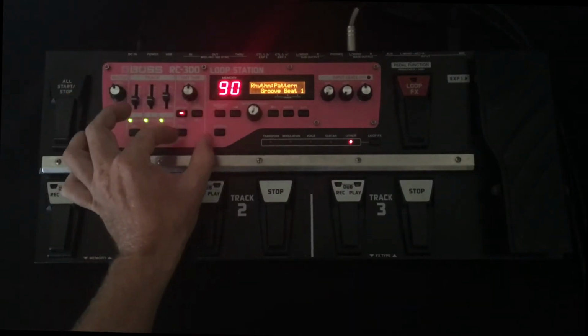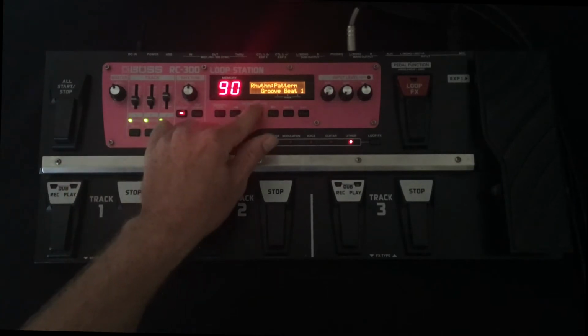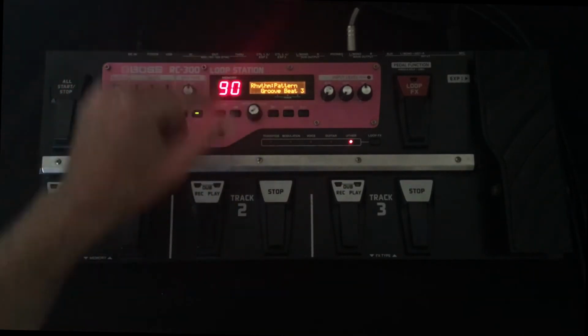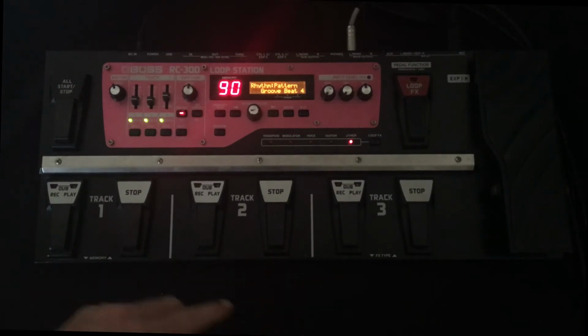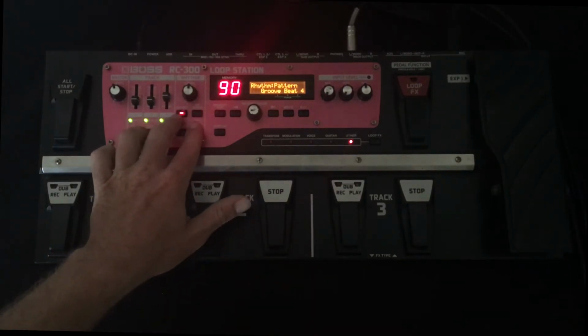So this section is your rhythm. This button, once you've pressed the edit button, will change the beat. So you can change your beat to whatever you need to hear for what you're about to do. Okay, when you've got it, you can add or take away, and it will be the one that is activated to